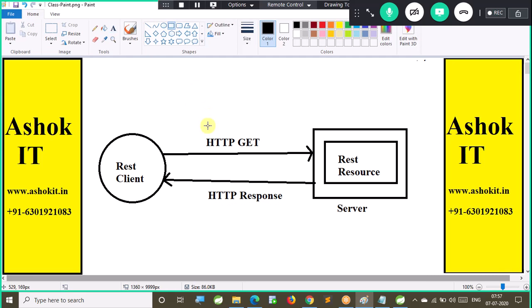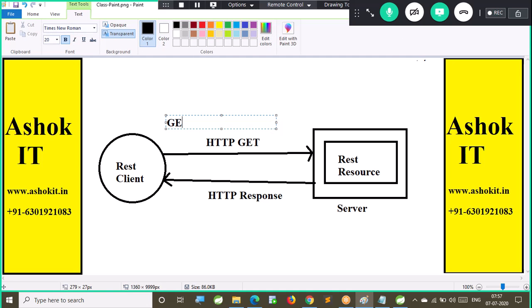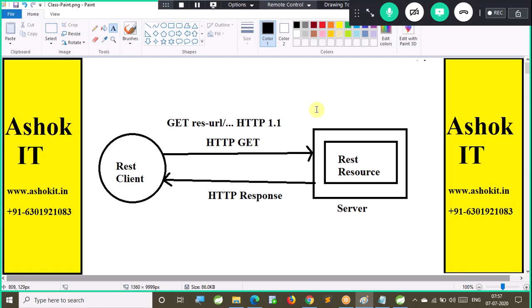Now when you go for an HTTP GET request, how will that request go to the server? GET, the request /your resource URL /some parameters, space, HTTP protocol version. Like this, the request will go to the server.